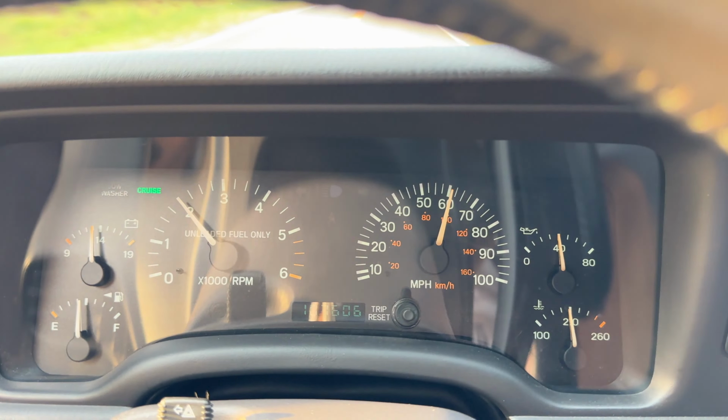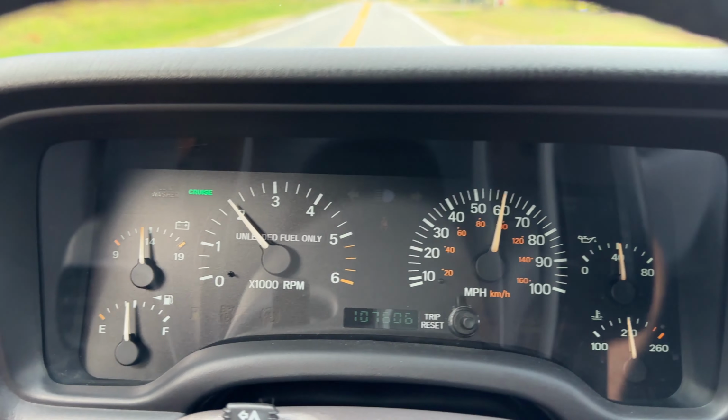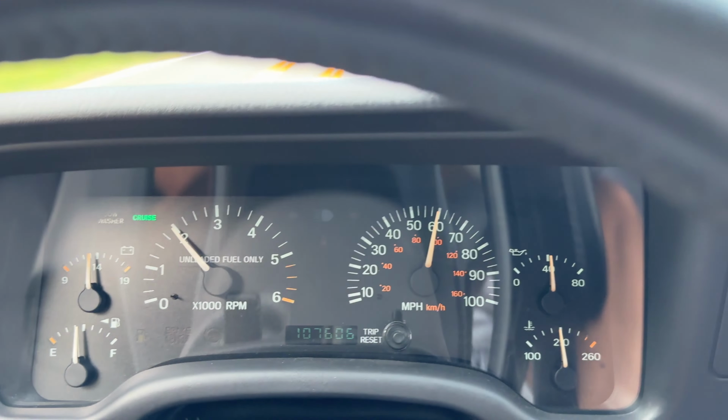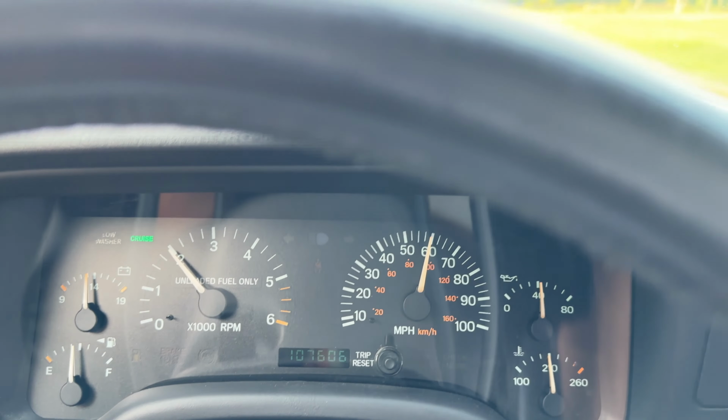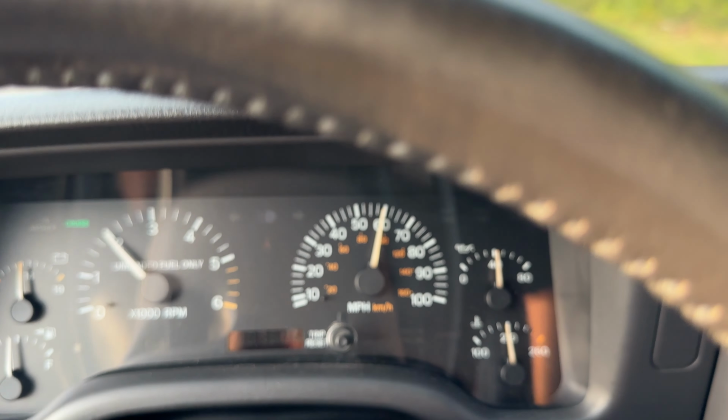All right, guys, that's it. Don't play the wait game. This Jeep is for sale. This Jeep is going to sell. If you're interested in it, act fast. I'm not saying that to say it and be gimmicky. It's going to sell very quick. So if you have any questions,